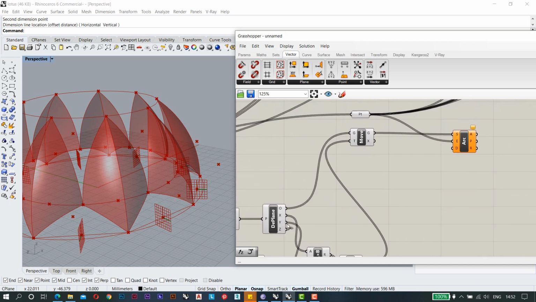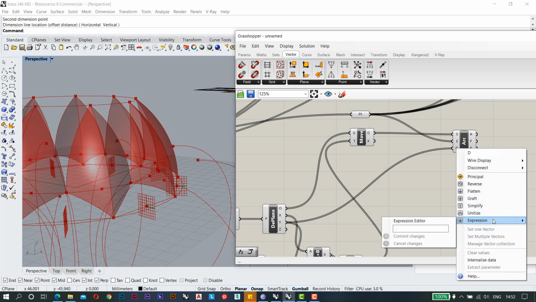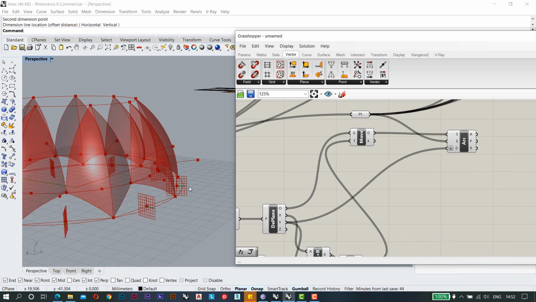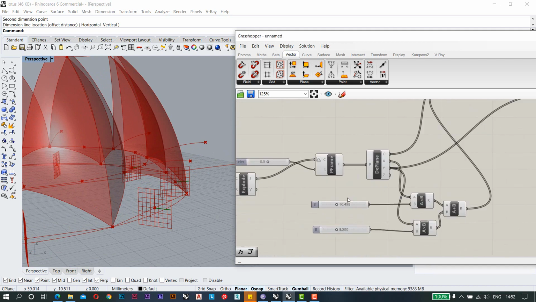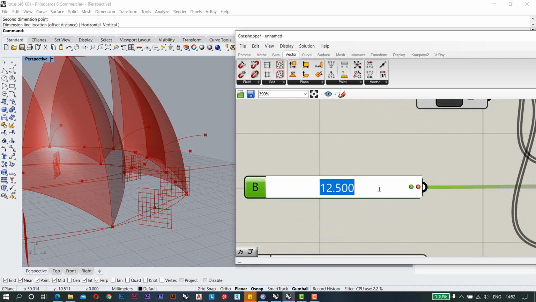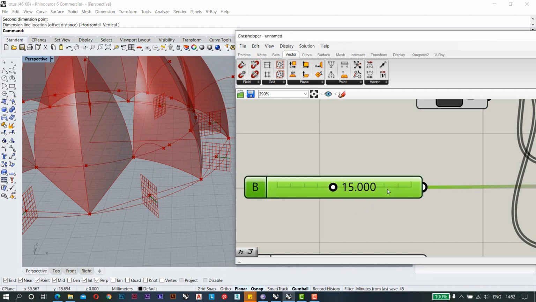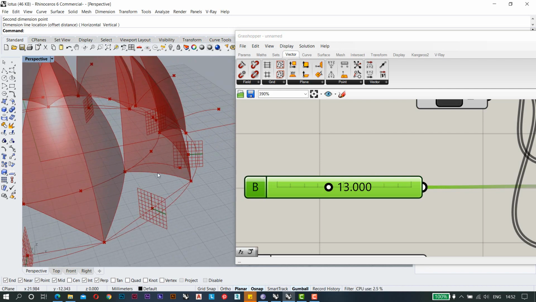You need to move the y-axis also, but you can see that this value is going in the negative direction. So basically what we need to do is add an expression here, minus x. With this value you can see that it is making the same kind of arc that we need. You can change the height now as per our requirement. This was around 15, which is too high, so I'm just making it 12 somewhere here. This is how we have this arc now.